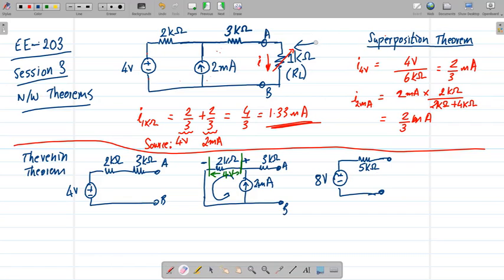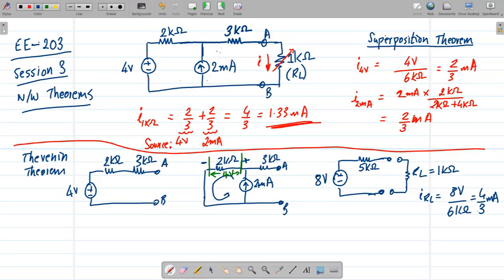And let's say that based on my Thevenin equivalent, I now have the 1 kilo ohm resistor, right? So let's say it's some load RL, but we solved it for 1 kilo ohm earlier. If RL is 1 kilo ohm, then what is the current flowing through this? It's going to be IRL equals 8 volts over 5 plus 1, 6 kilo ohms. So 4 by 3 milliamps. Exactly what we got earlier. So it's a cross check to make sure our Thevenin circuit worked out correctly.